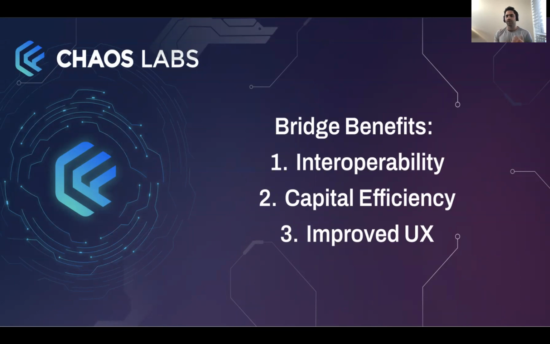Capital efficiency. So currently we have a bunch of layer 1s and layer 2s, and all of them have liquidity locked up, whether it's the Bitcoin blockchain, Ethereum, Terra, Avalanche. Each of them have hundreds of millions of dollars of liquidity locked up. And currently, in a world without bridges, it's completely siloed. So with bridges, this allows us now to transport liquidity to where it's needed, therefore increasing the overall capital efficiency of the crypto world as a whole.